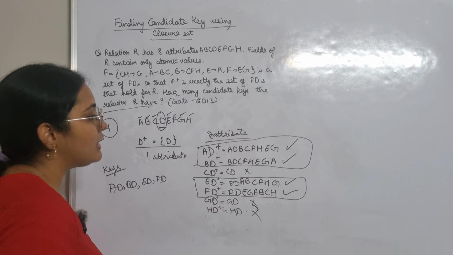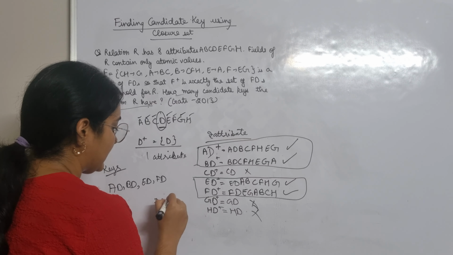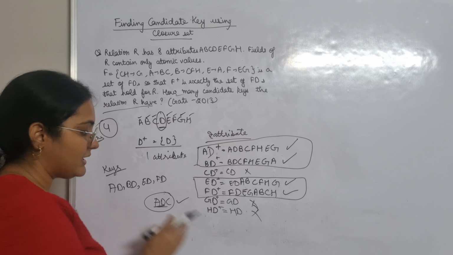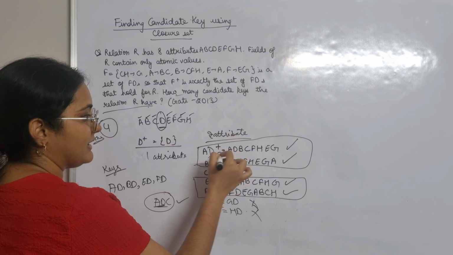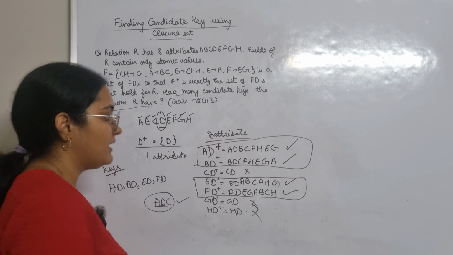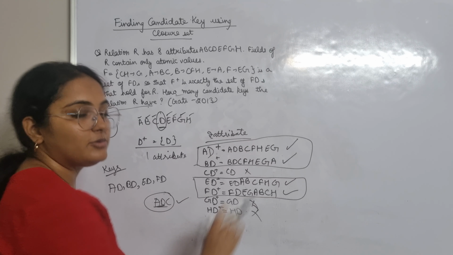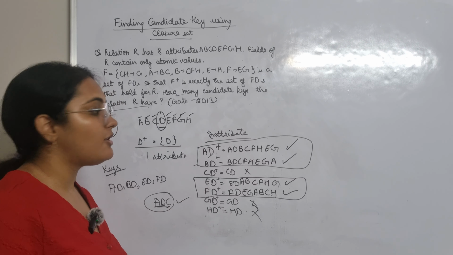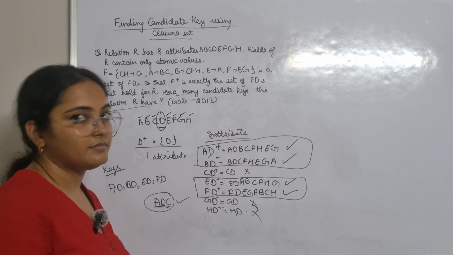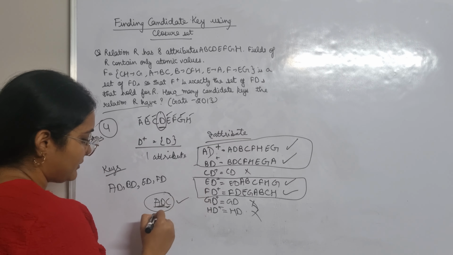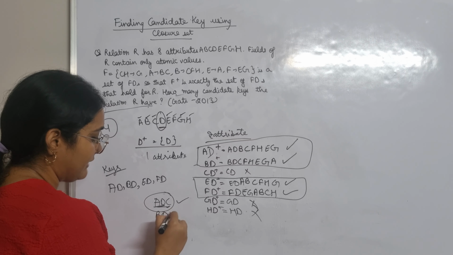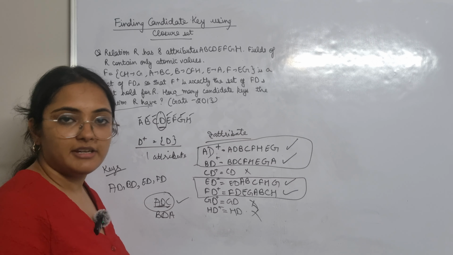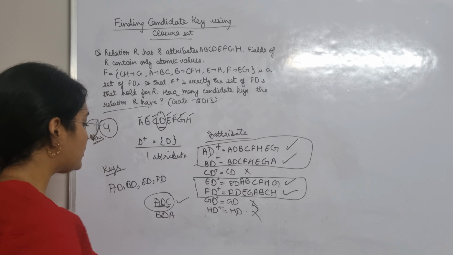But let's say if we have to find out super keys, will ADC be a super key? Yes, because AD is already a key, right? If you add anything to it, of course it will be able to identify each tuple uniquely. If I add C here, definitely we can identify everything, right? So what is a super key? The closure of that should be able to identify everything. So ADC will be a super key, BDA will be a super key. Because BD is already a key, if you add anything to it, it will definitely be able to determine everything. So this is what a super key is.